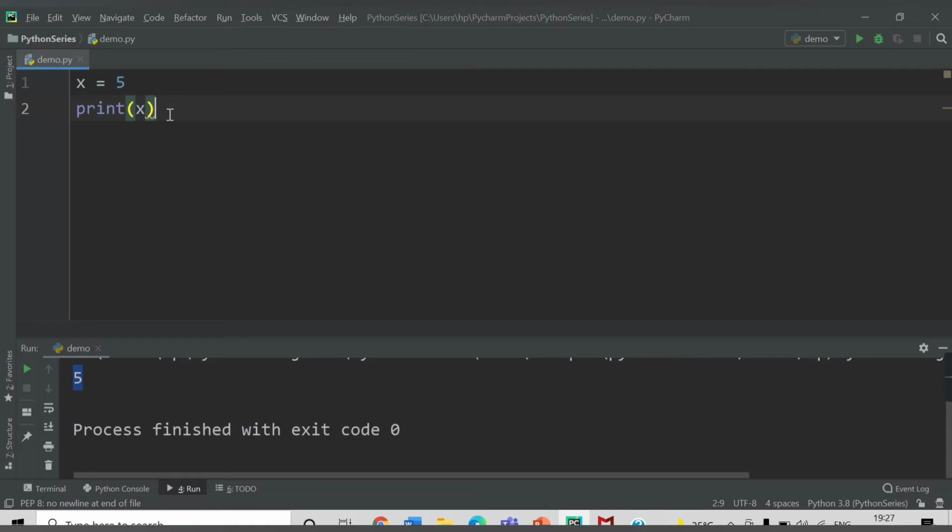But what I want to do is add one condition here. We will see if else in detail in upcoming videos, but for indentation we need to understand this in this video.